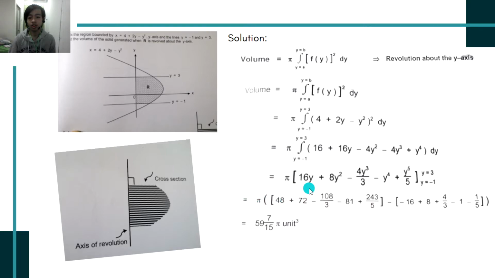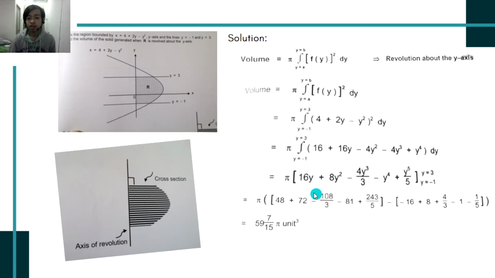So 16 times 3 will get 48, plus 8 times 3 to the power of 2 will get 72, minus 4 times 3 to the power of 3 over 3 will get 108 over 3, minus 3 to the power of 4 is 81, and plus 3 to the power of 5 over 5 is 243 over 5, and bracket it up, minus